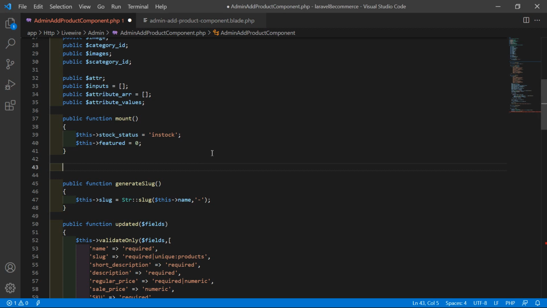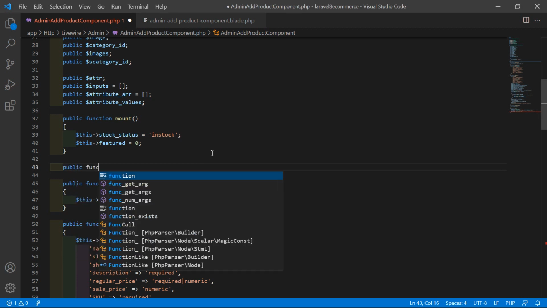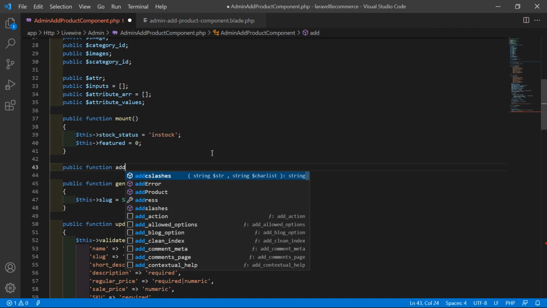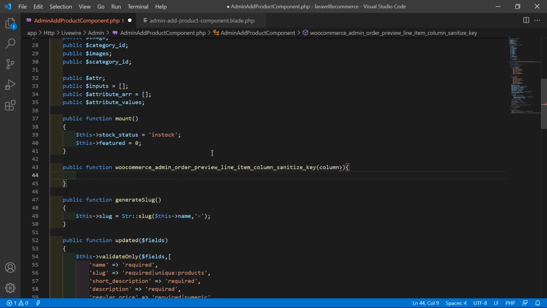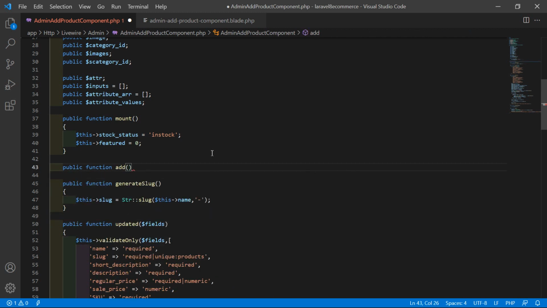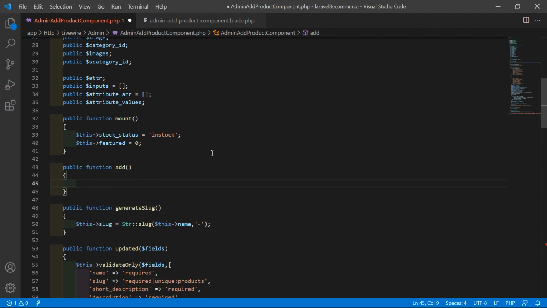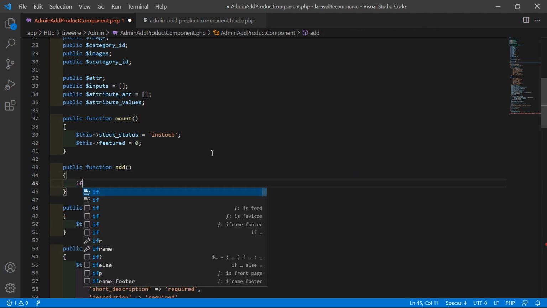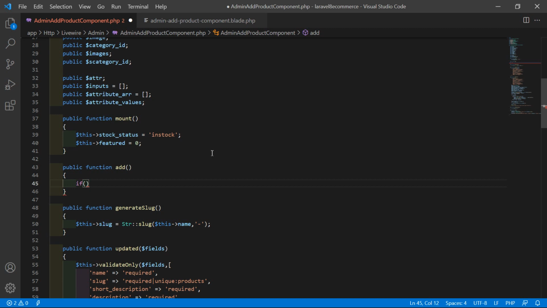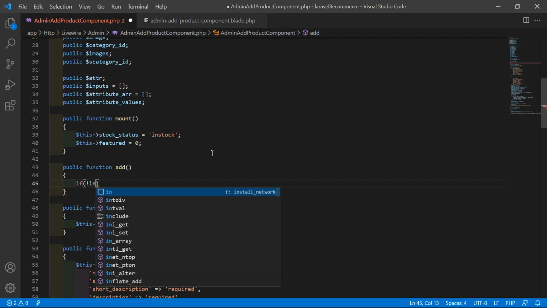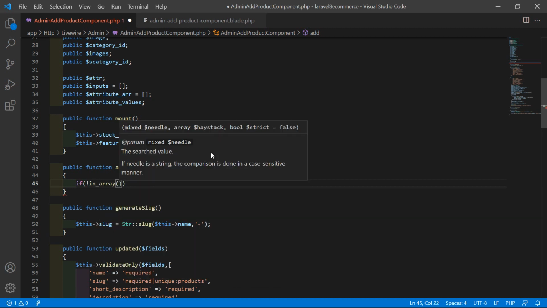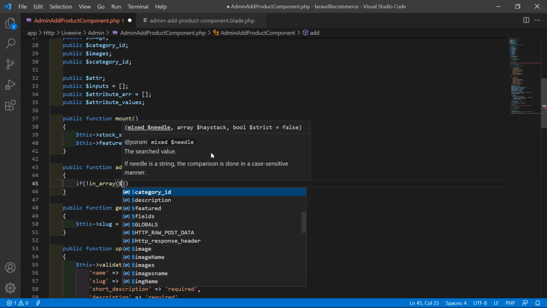So just write here public function and function name add, and inside this just write here, first check here if not in array, this is a function, and just check here if